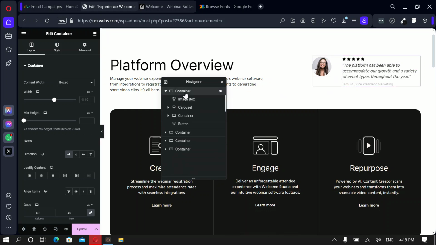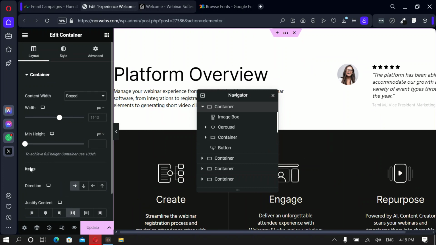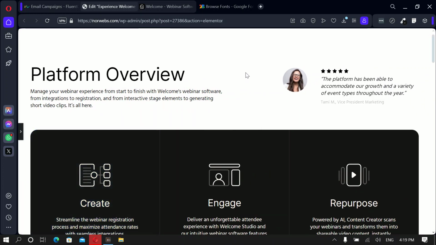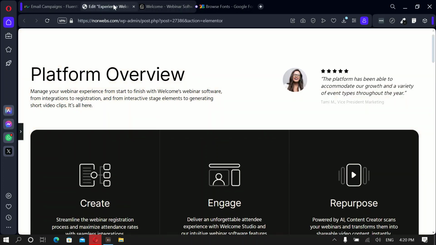Okay, let me go to the main container. So on the main container, scroll down and okay, the align middle, yeah, align middle, and that's it. 1 2 3, 1 2